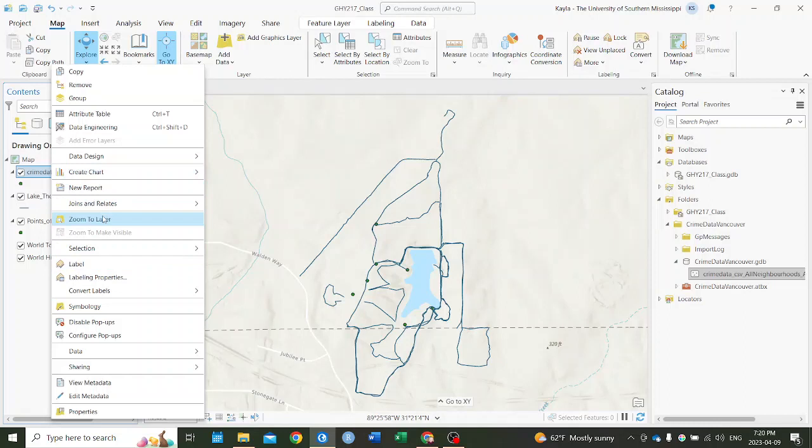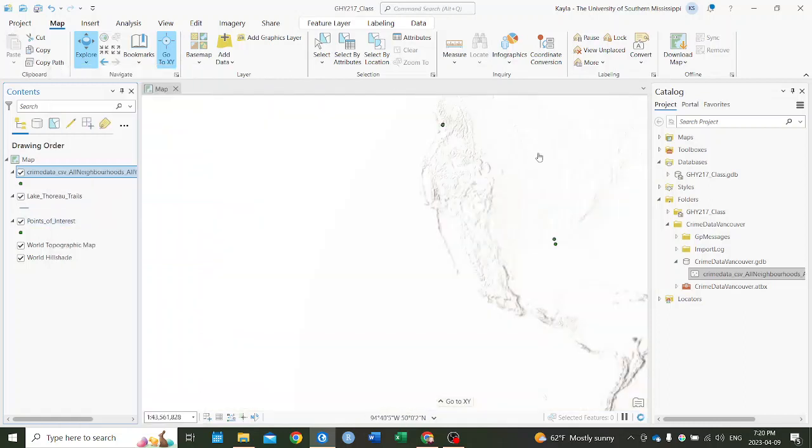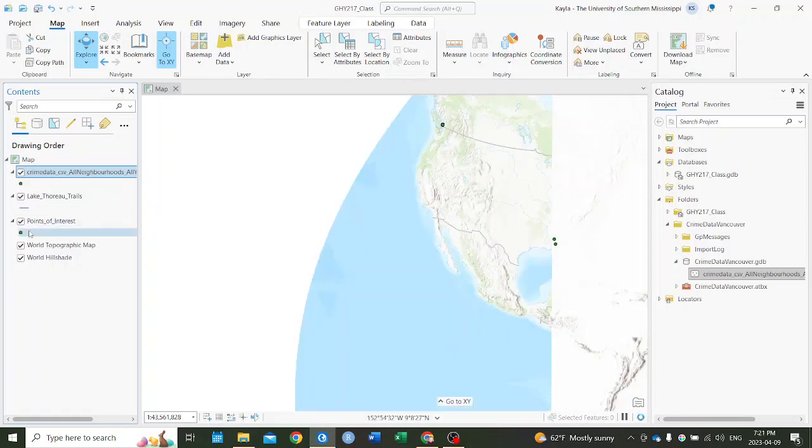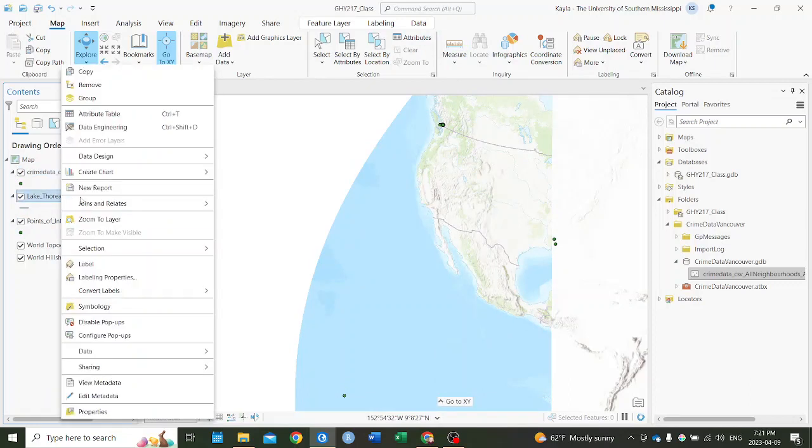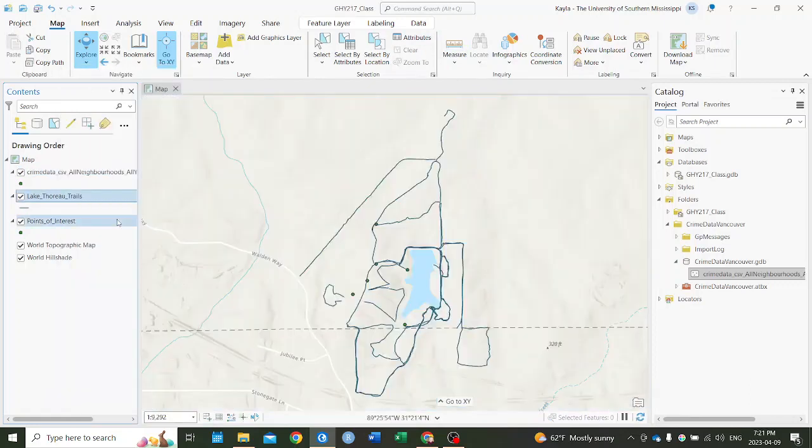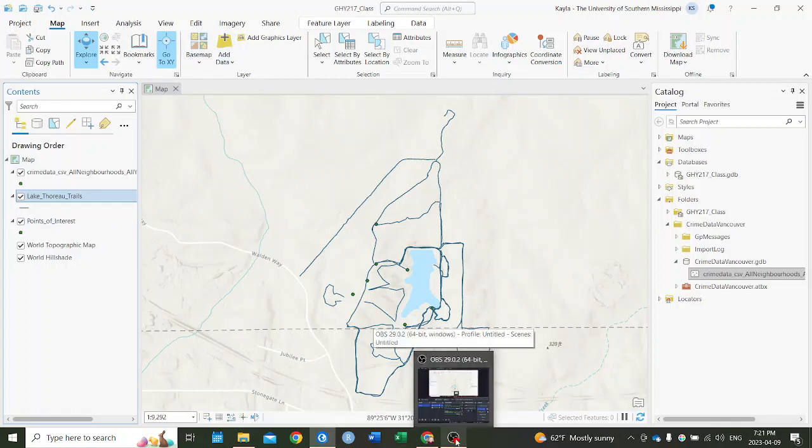If I want to zoom to that layer, this one has a bigger bounding box. So it thinks that it has data down here somewhere as well, which is why it zoomed out very far. So just be careful with that type of thing. It will depend on how far the layer exists in the back end of Arc. So those are a couple of the ways that you can navigate and zoom in and out using these